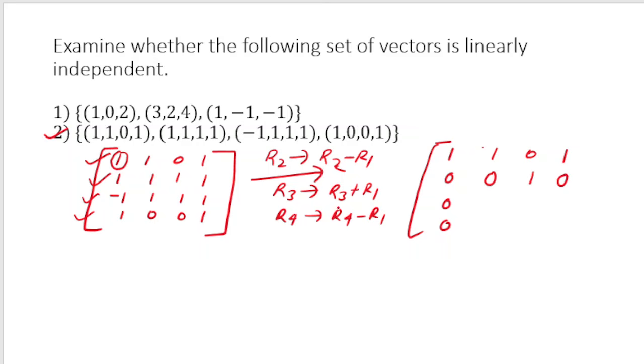And if I have added, so this is 0, 1 plus 1 is equal to 2, 1 plus 0 is equal to 1, and 1 plus 1 is also equal to 2. And if I look at the third one, 1 minus 1 is 0, 0 minus 1 actually is minus 1, 0 minus 0 is 0, and 1 minus 1 is also equal to 0, right? So this is the first step where I have reduced all the elements below the pivot element to 0. Okay,